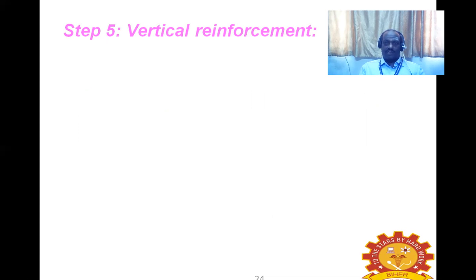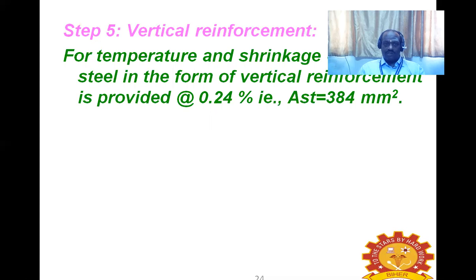Curtailing in the sense, we can increase the spacing of the hoop tension bars. And coming to the vertical reinforcement, which we were already mentioning, the vertical reinforcement can be provided to maintain the spacing of these hoop tension bars. So it is minimal, even 0.24% is the exact value from the codal provision. Nominally, we can take 0.3% also. It is not going to matter much, because it is going to be